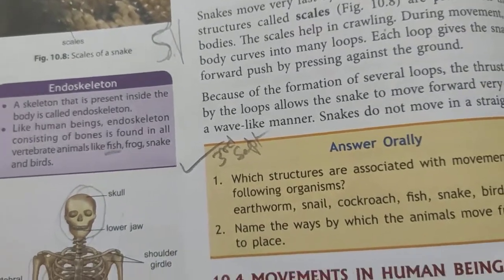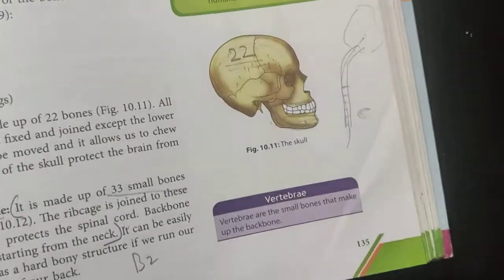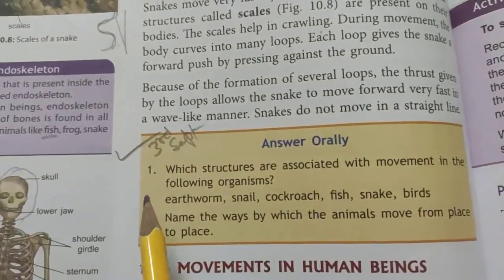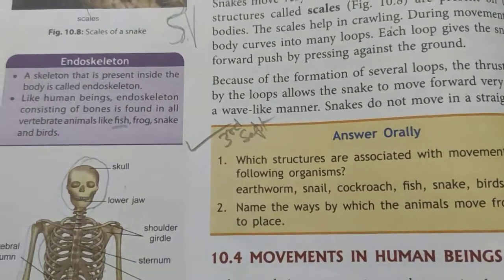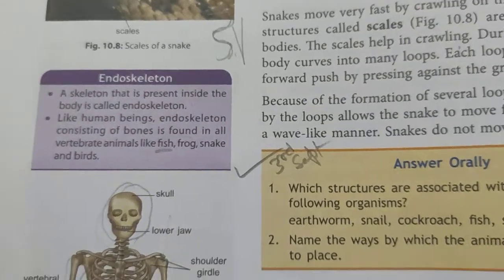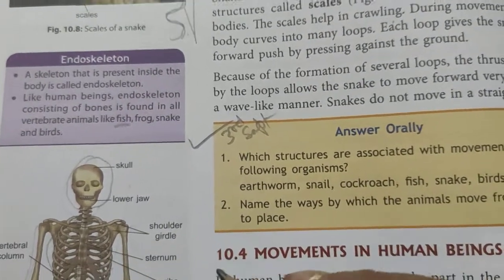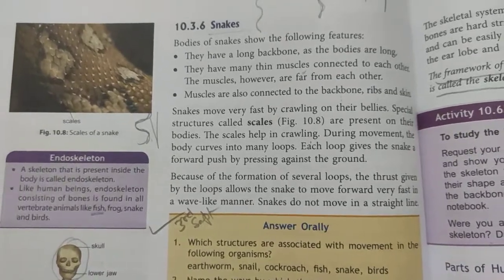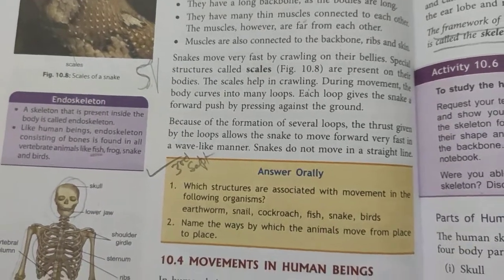One is shark. Yes, and what is the other one? Yes, the stingrays. The other one is the stingrays. So the two fishes that don't have bones means bones are in form of cartilage. You can say the bones in form of cartilage are shark and stingrays. Okay. So this was all about the movement in different types of animals and reptiles. Next we'll be moving on to the movement in human beings.